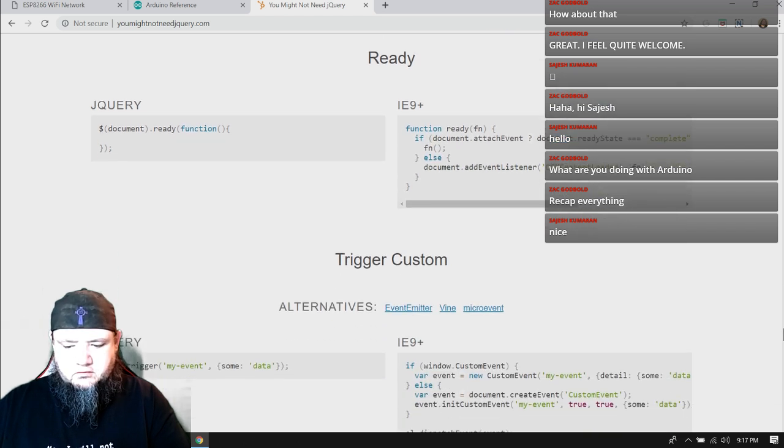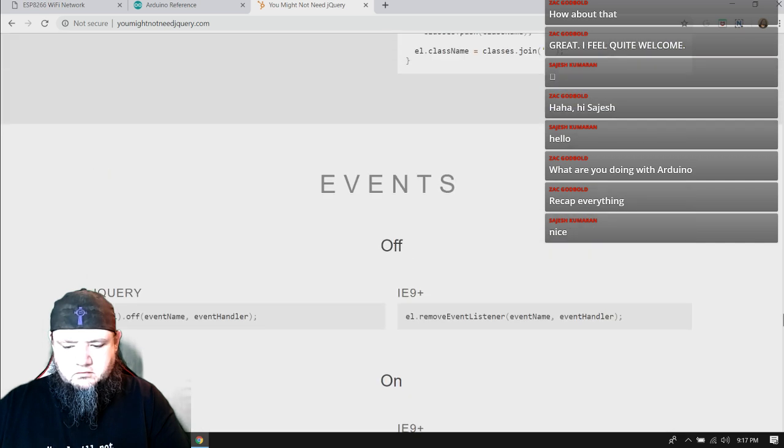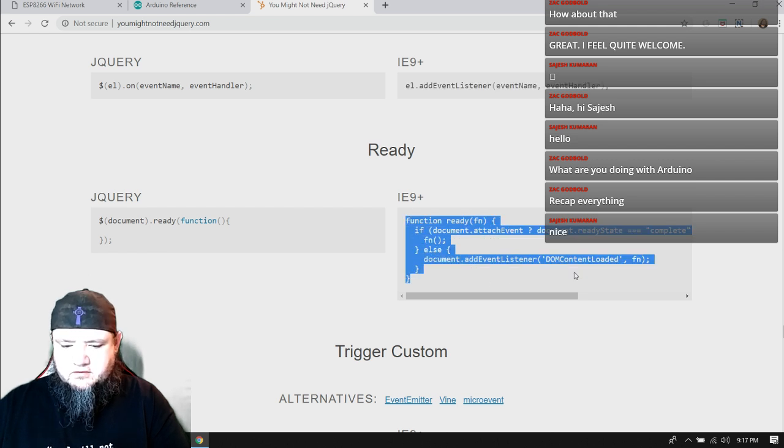Cool. Alright, I like this ready function too. That's neat. Basically in jQuery,